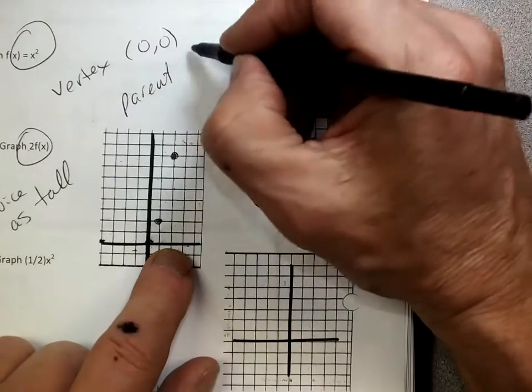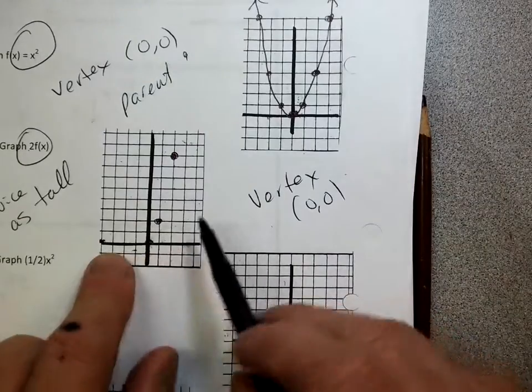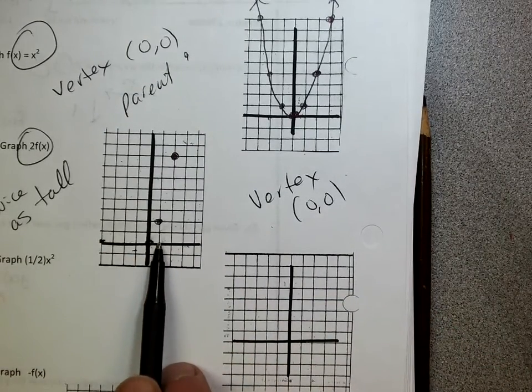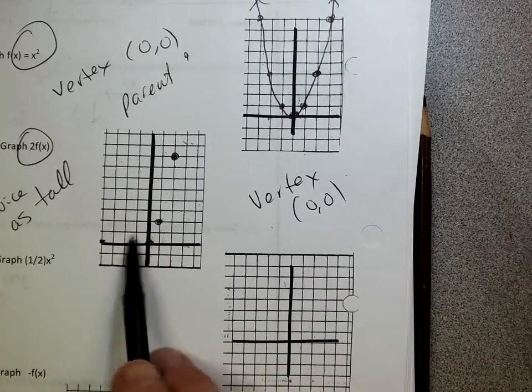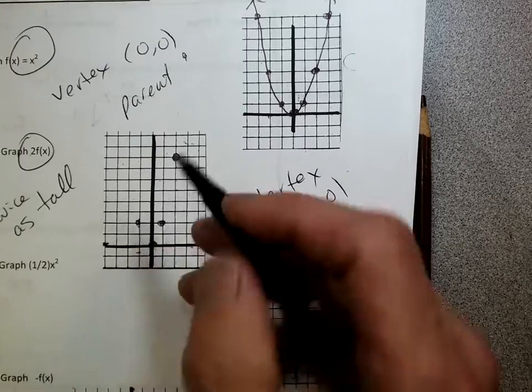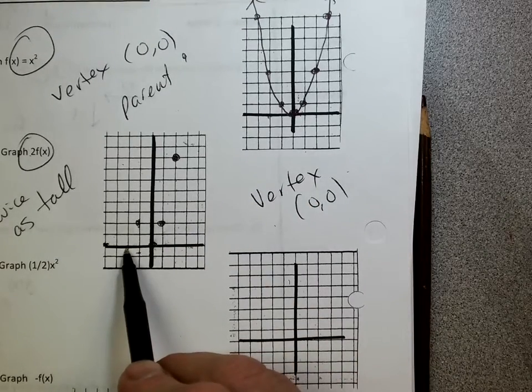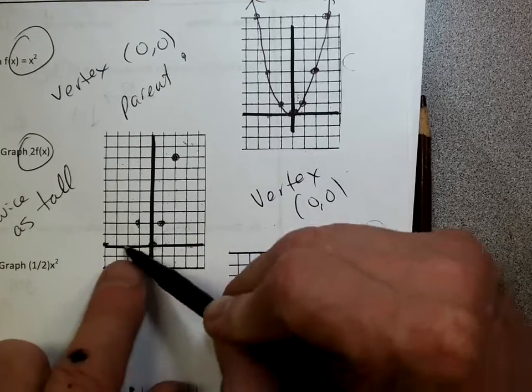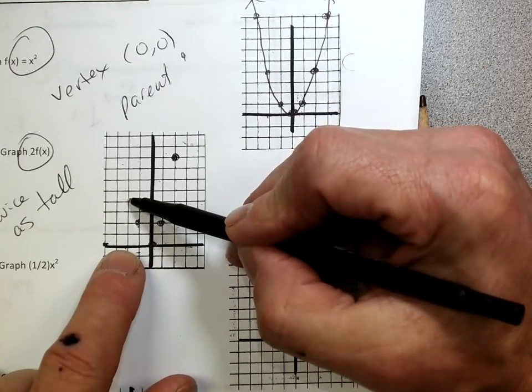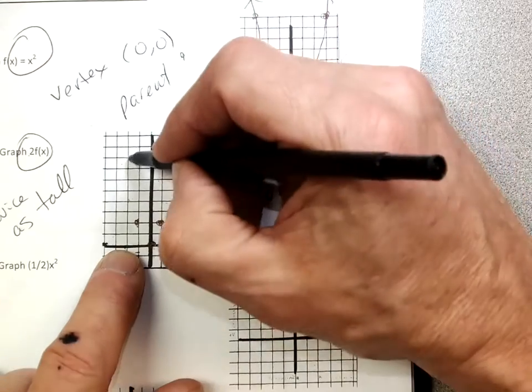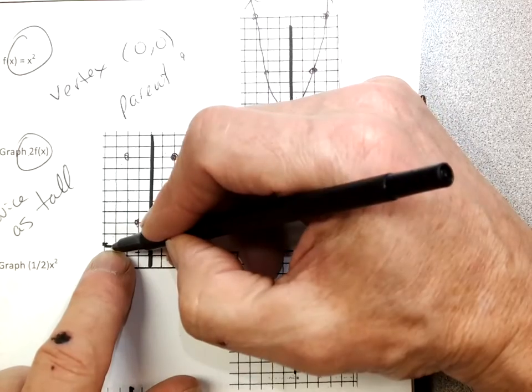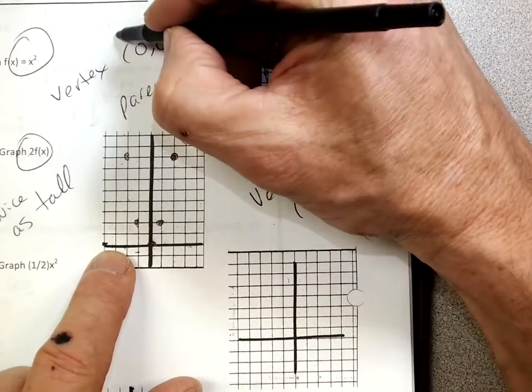It's way up here somewhere like that, okay? Now, of course, it's symmetrical, isn't it? Negative 1 squared is 1, but twice as tall is 2. Negative 2 squared is a positive 4, but I want to go twice as tall as 4, so I go 4, 5, 6, 7, 8. And of course, negative 3 squared is 9, but twice as tall is 18, but too tall to be on